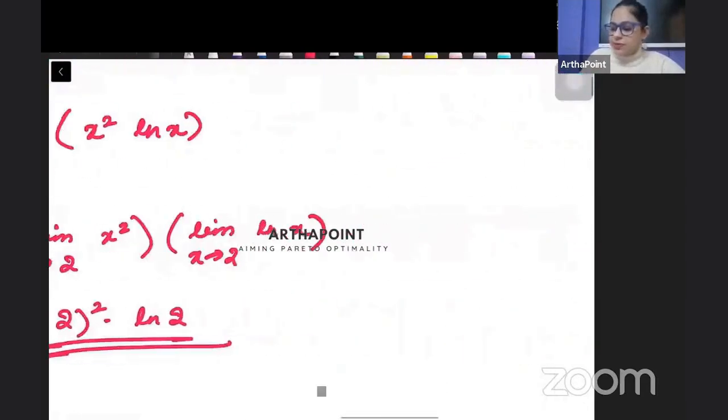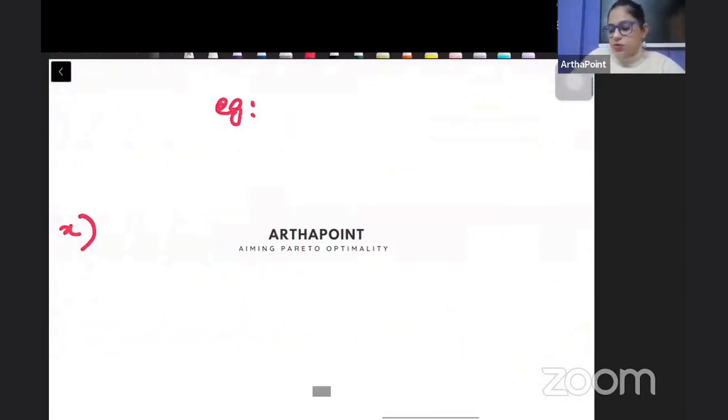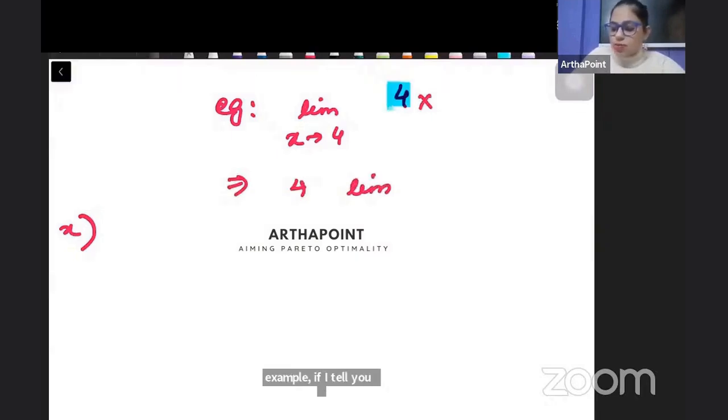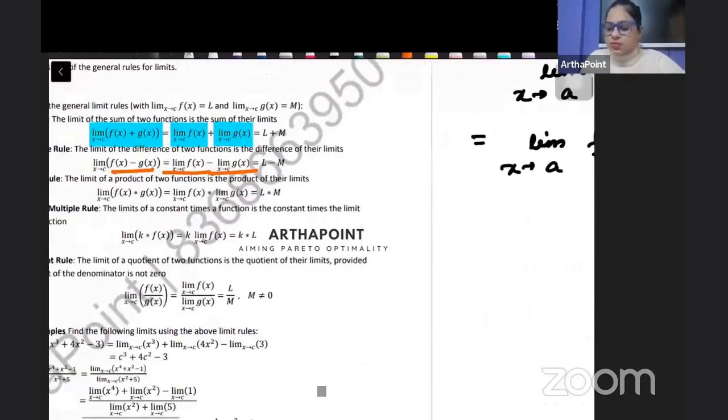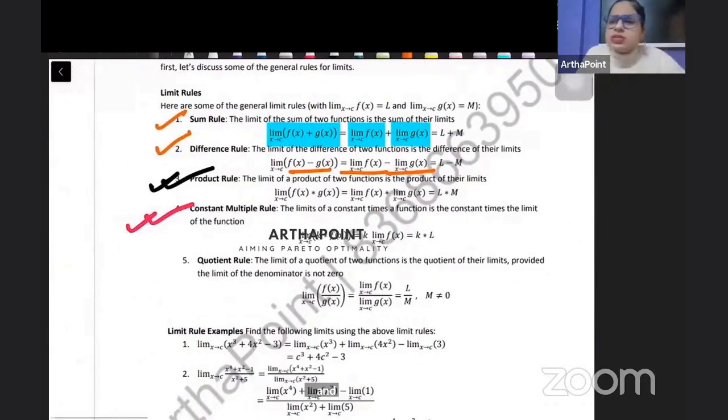So for example, if I tell you find limit x tends to 4 of 4x, तो this is equal to nothing but 4. Constant जो है उसको बाहर निकाल दो, it comes out: 4 times limit x tends to 4 of x, and this will be 4 into 4. So this will be 16. So you also have a constant multiplication rule. इसमें हम बोलते हैं कि constant simply comes out of the limit. Then you have